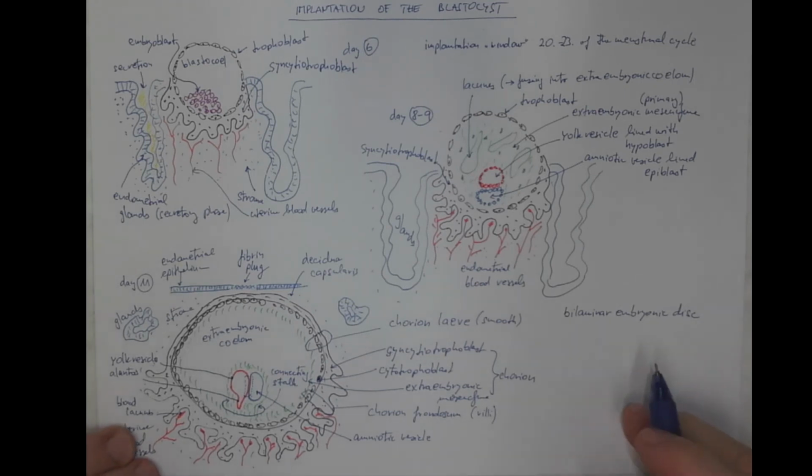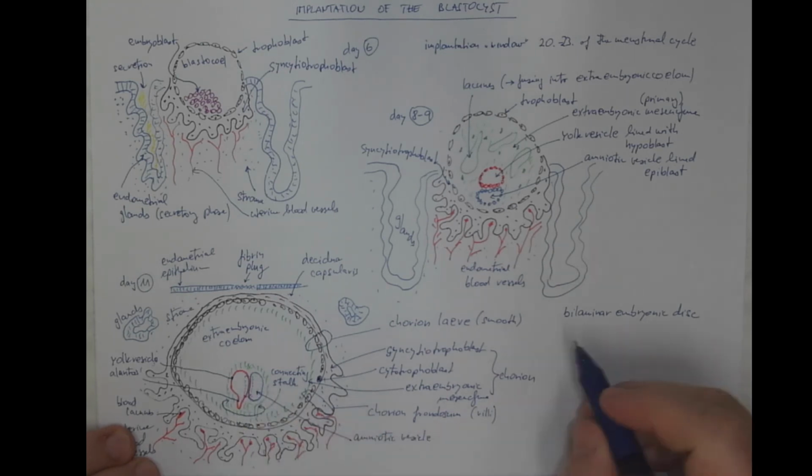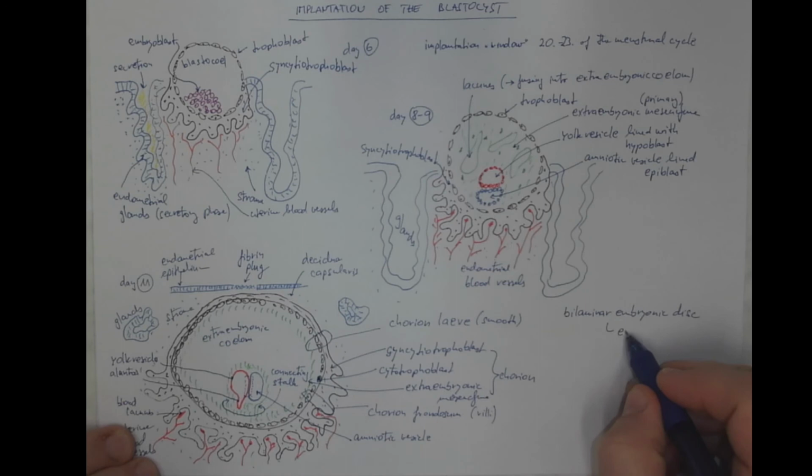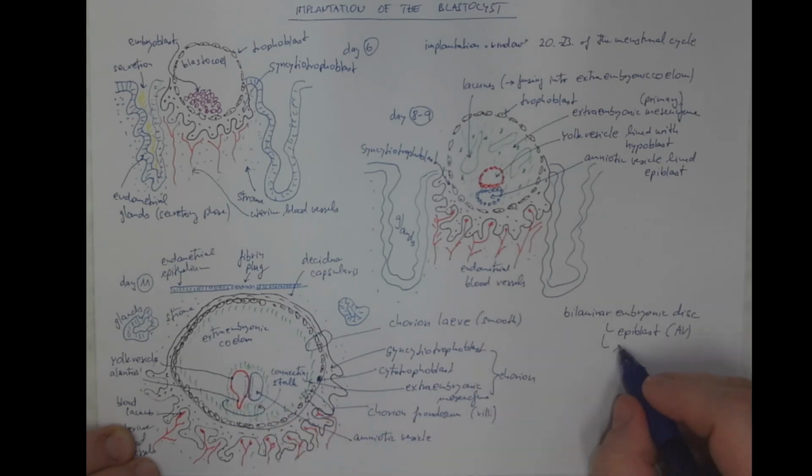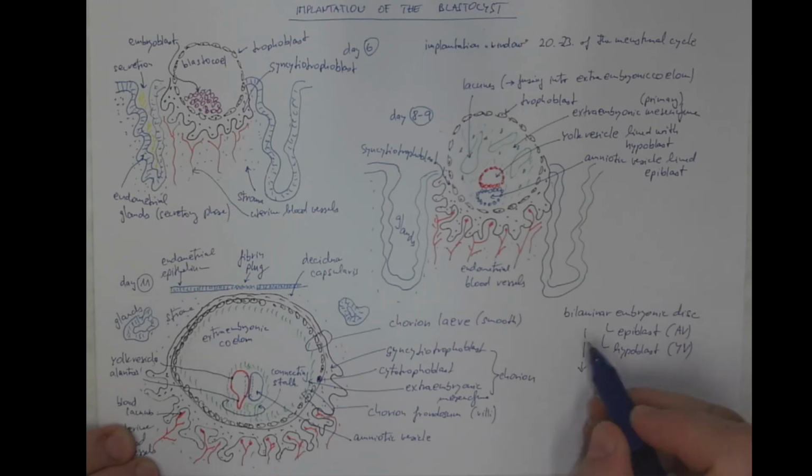Bilaminar means it consists of two layers, which are the lining of the amniotic vesicle, that's the epiblast from the amniotic vesicle, and the lining of the yolk vesicle, which is the hypoblast from the yolk vesicle. And we will describe the process of transformation of the bilaminar embryonic disc into a three-layered trilaminar gastrula,